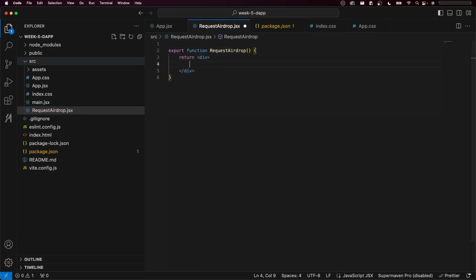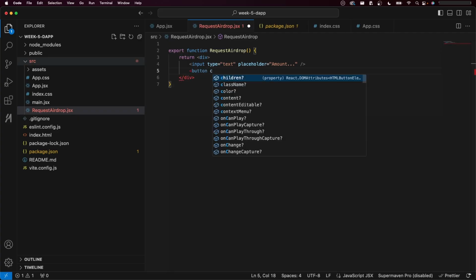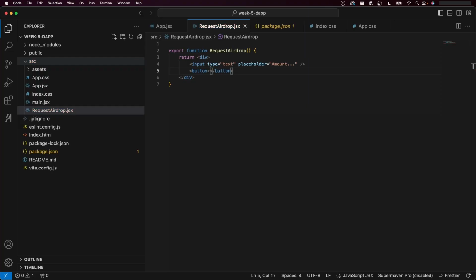From here, I'm going to export a function called request_airdrop, which will return what? Number one, it's supposed to return an input box, type equal to text, placeholder equal to amount. Number two, it is going to export a button called request airdrop. And when you click on this button,